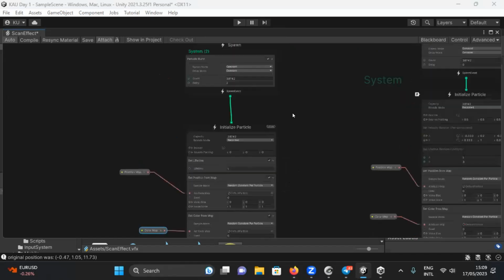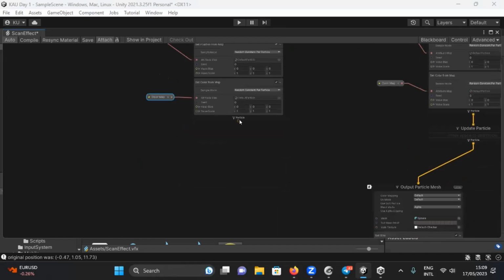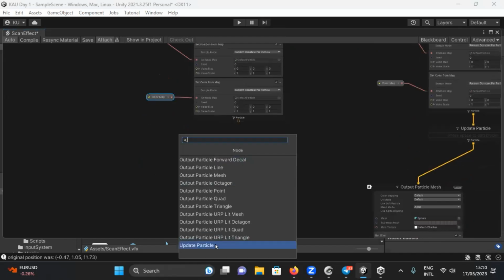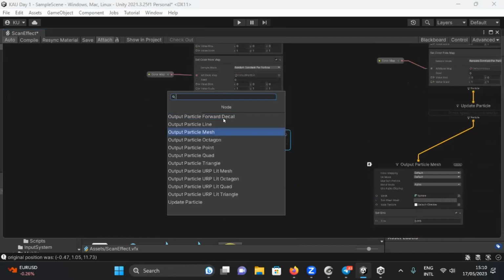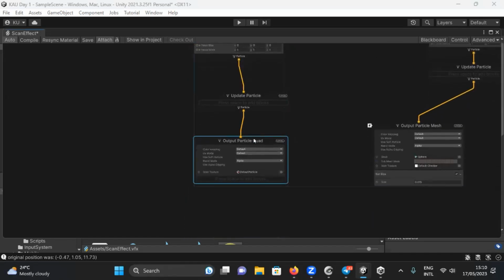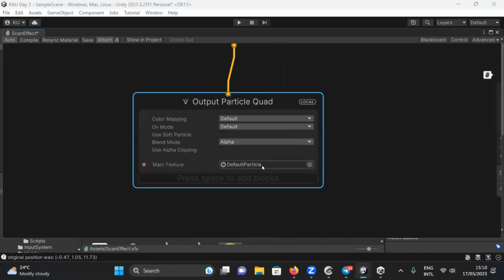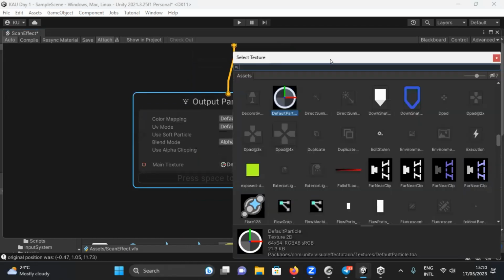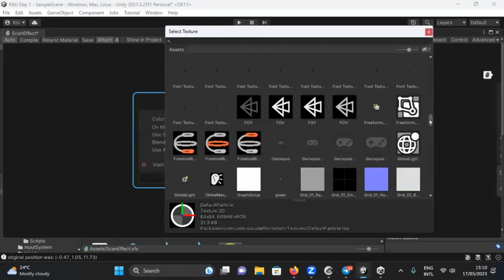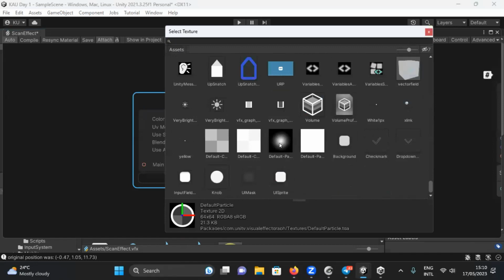After lifetime, then we need to add the update particle, and then output particle. Output particle what? So now let's output a particle quad, and as the texture of the particle quad, let's find the particle texture that was at the very bottom. This one called default particle, and like where you can see this,